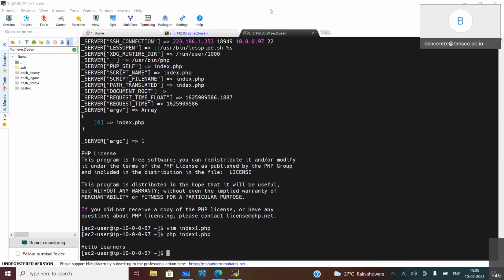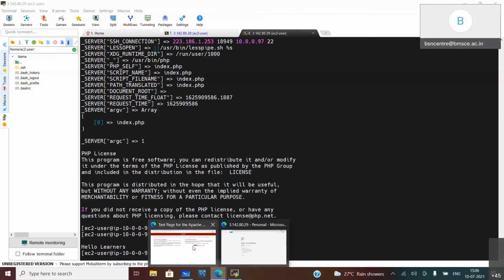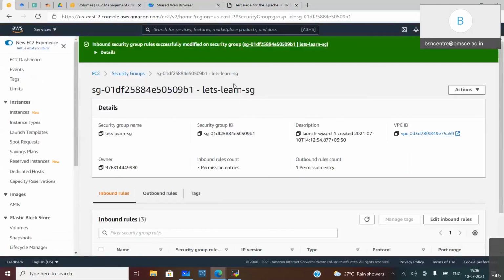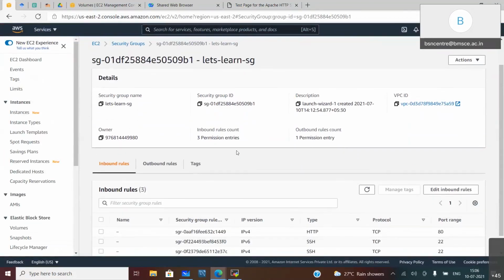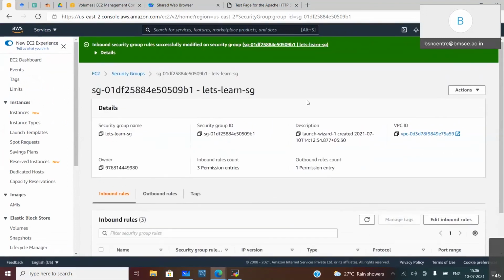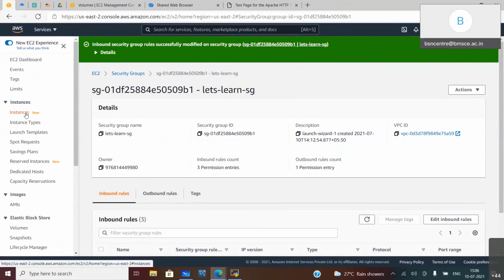So go to the dashboard, your instance, EC2 dashboard. You can click on instances, what is running. You can see the instances that are running. Yes, click there.